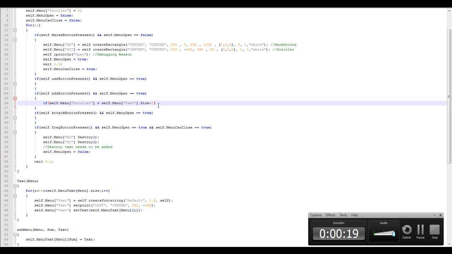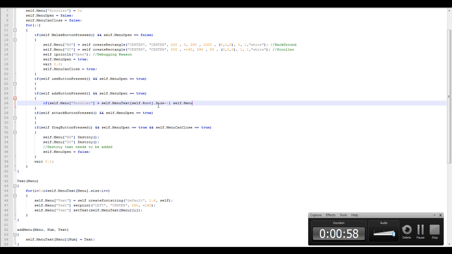So, right, we're going to make it so if the self.menu scroller location, which is what we've already defined as naught, is greater than the self.menu text build, no, sorry, it's the self.menu text, which we already defined down the bottom by the self.root, which we will define in a minute. That will be the root of the menu you are on. So if you're on main menu, that'll be what it says in there. But yeah, so if it's greater than that, then